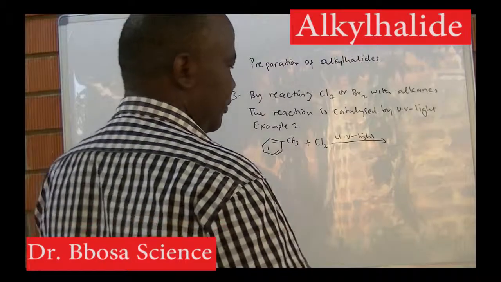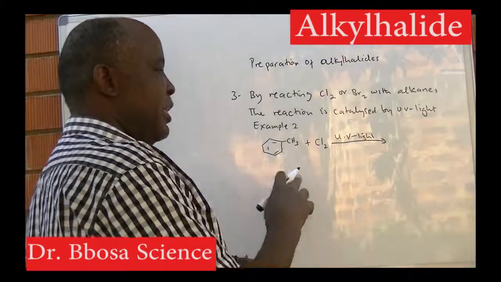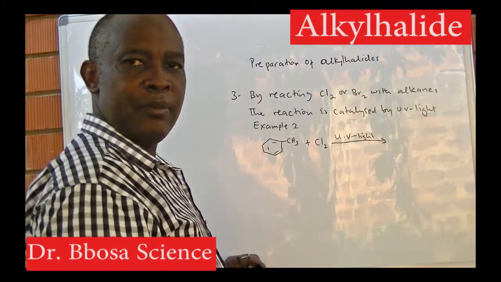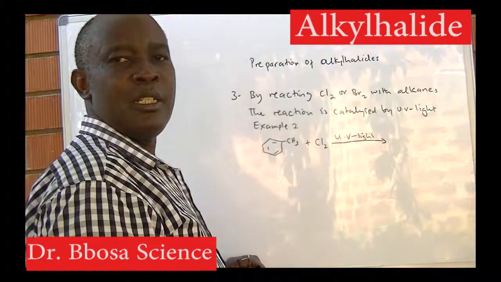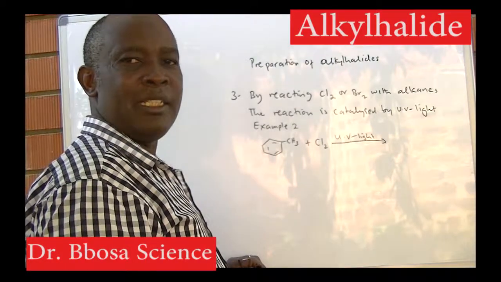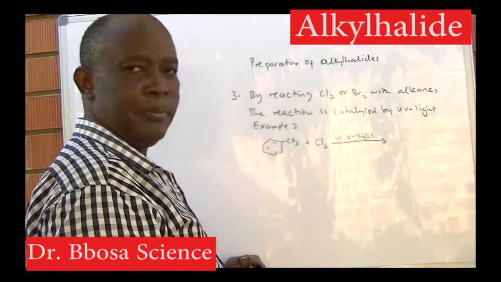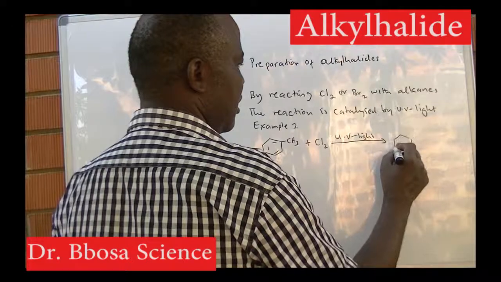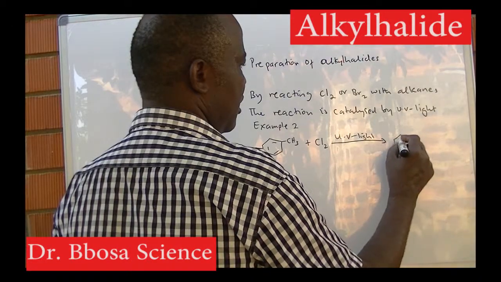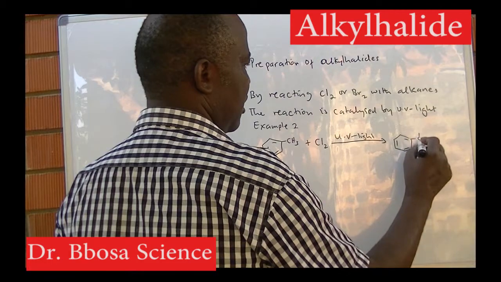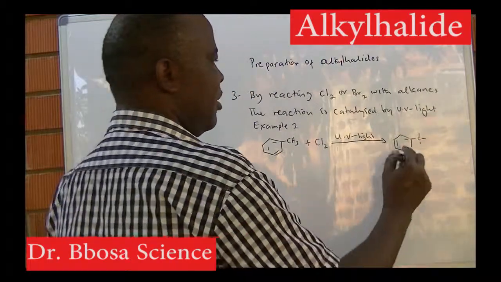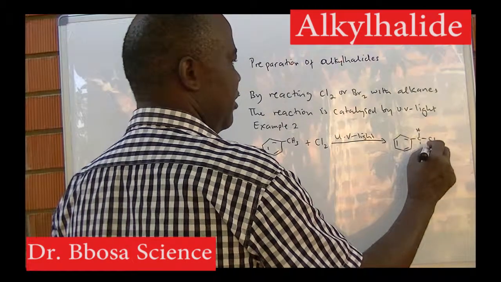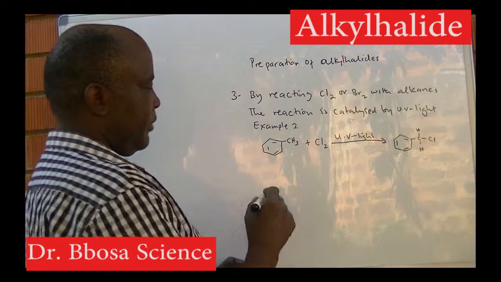Example 2, phenylmethane plus chlorine in the presence of UV light. You can pause, complete, and then compare your answer with mine. I hope you have got chloro-phenylmethane. The mechanism: